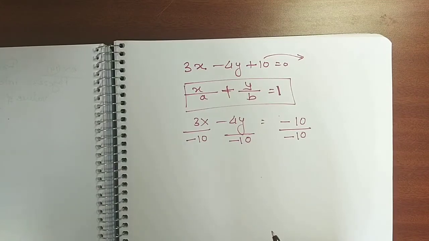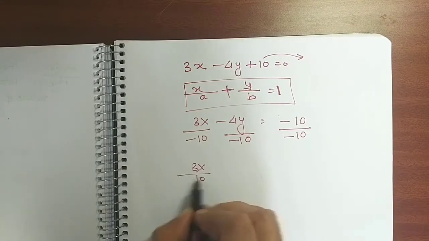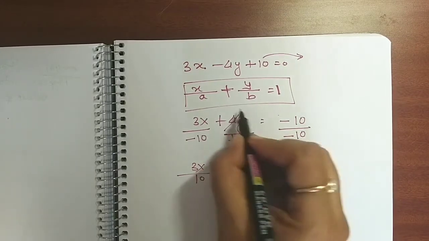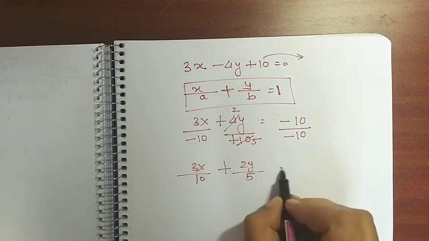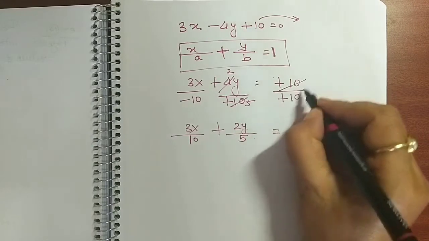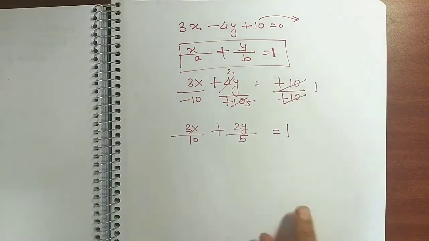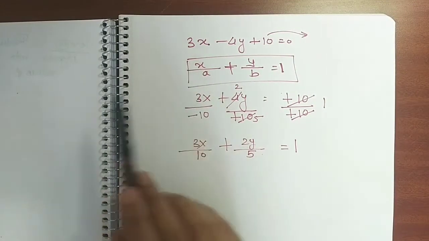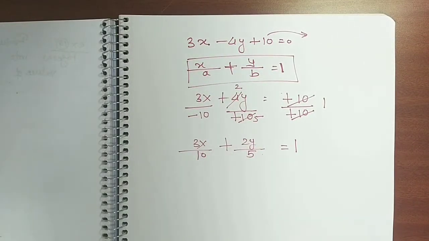Okay. Let me simplify a little bit. So guys, can I write it 3x by 10 as it is? This will become minus, minus becomes plus, and this will cancel. 2 2s are 4, 2 5s are 10. So I am getting 2y by 5 is equal to, this minus minus is coming plus, and this will cancel. So this is becoming 1. So it's pretty close to this. Only problem is x in numerator should be alone. Nothing should be there. But here is 3 and here is 2. So what should I do, guys?